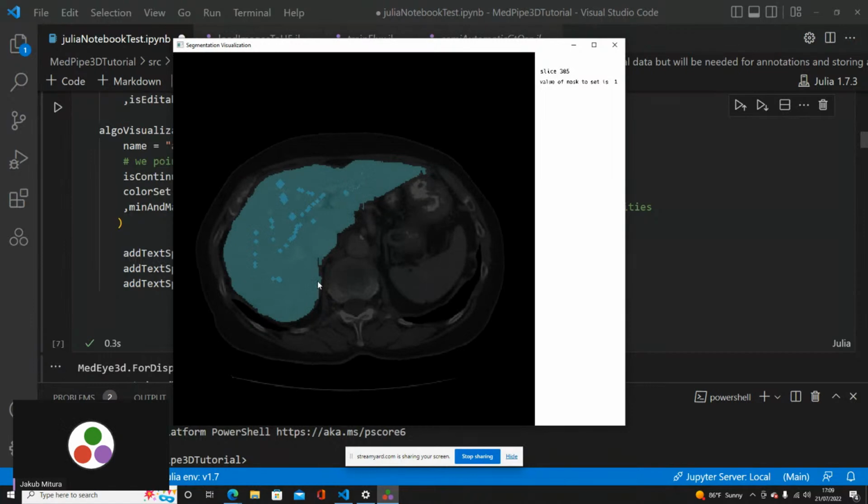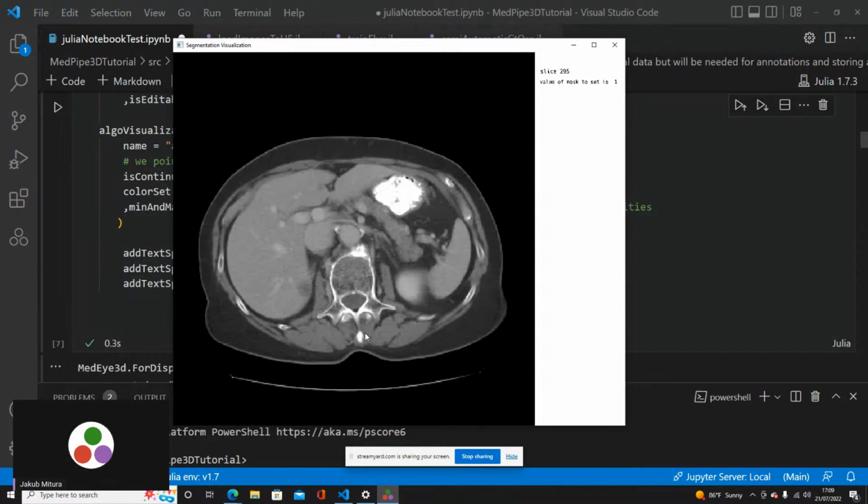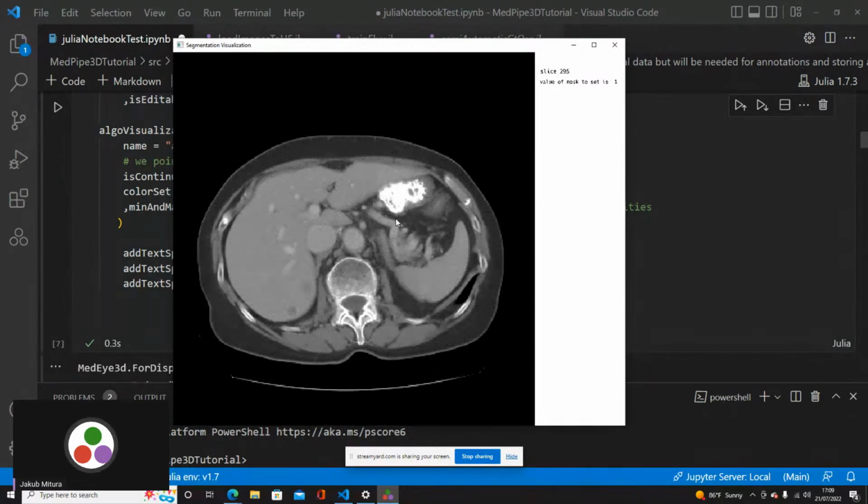So these are the layers. We can also show and hide the layers. Pressing Control and a number hides the layer. So now I have hidden every layer. By pressing Shift and a number, you show the layer. Shift 1 in this case would show the CT scan.